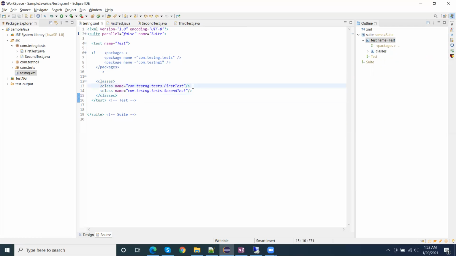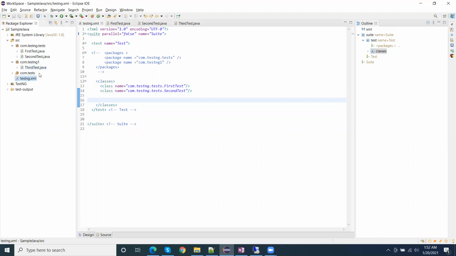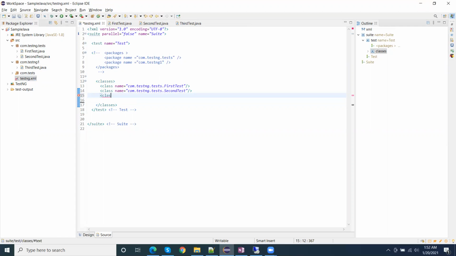Now there are other ways. Suppose that in the testng third Java file, we want to execute a particular method, and we don't want to execute all the tests.